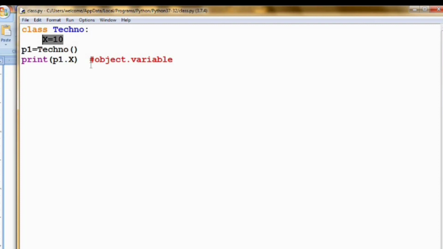Now we are going to define some functions inside the class and access them. For example, I am creating another class. Let the class name be function. After that I am assigning some value, so here I have assigned y is equal to 10. Let's define some function. First I will show you about the init function. In this way you define the init function.